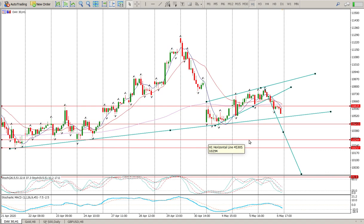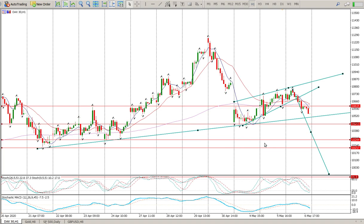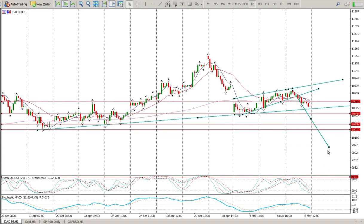Or should I say support rather than resistance. So 10.294 and then 10.217. So that's going to offer some support. There are going to be buyers coming in off the bottom of that channel. Should that give, then your measured move target is definitely on, and that is